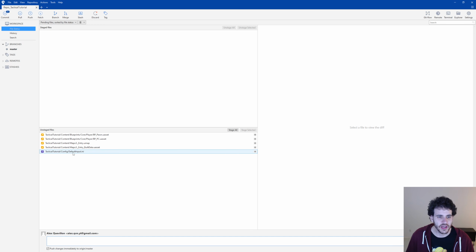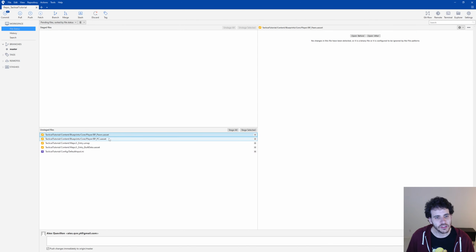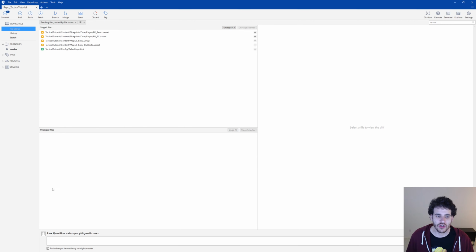Here in Sourcetree I have my default input that contains all the changes to the input that we did, the player pawn, the player controller, and the level. So I'm going to stage all that, create my commit message, so setup, camera controls, and click on commit to end